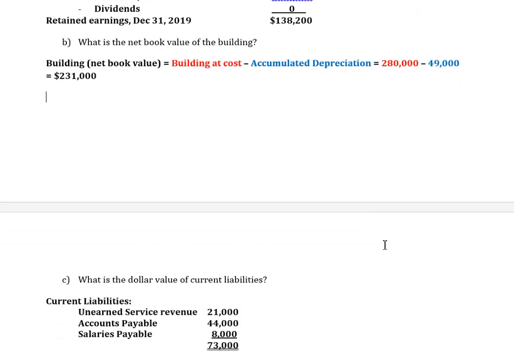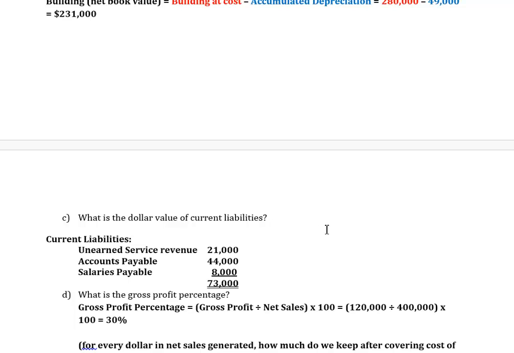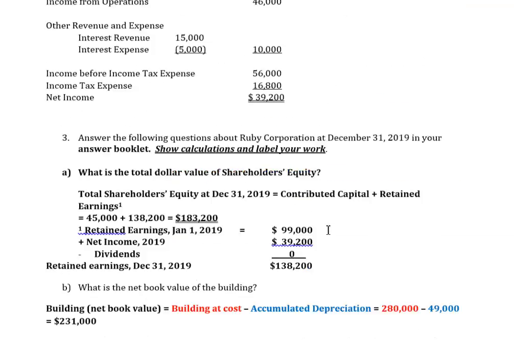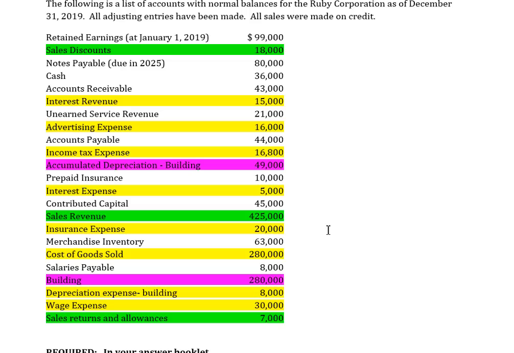Okay, now we wanted you to find out the dollar value of current liabilities by using the adjusted trial balance. So what you needed to do is go back up here and figure out which accounts are current liabilities. Well, there's a current liability for you right here. This one here is current. Salaries payable, right? Now your notes payable aren't due until 2025. You're sitting here in 2019. That's a non-current liability, so you're not going to use that in your calculation. But don't forget,